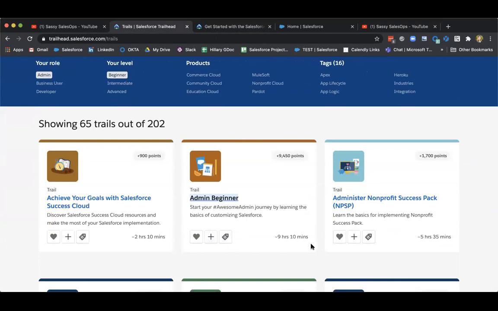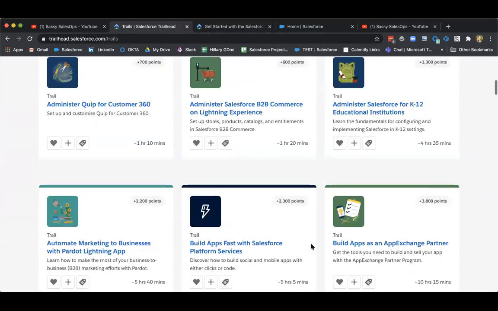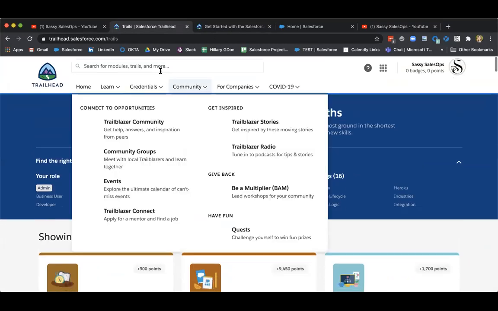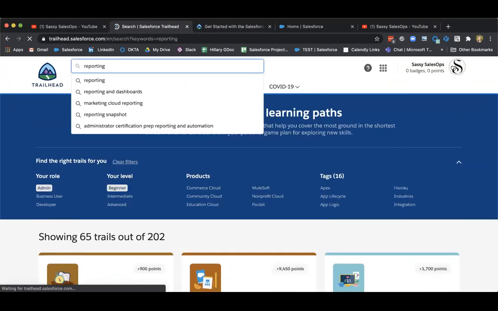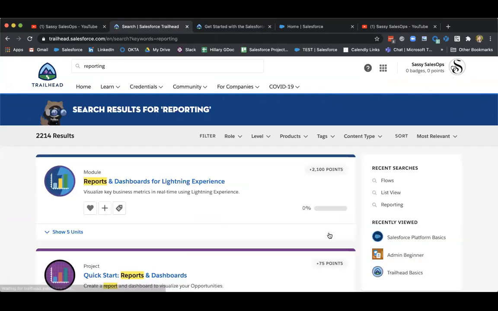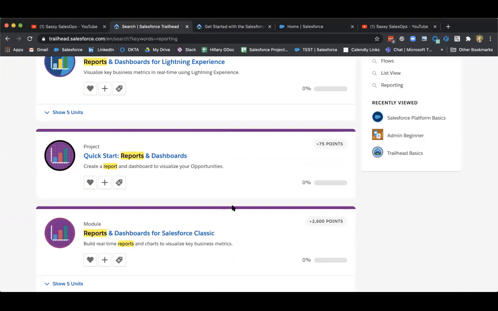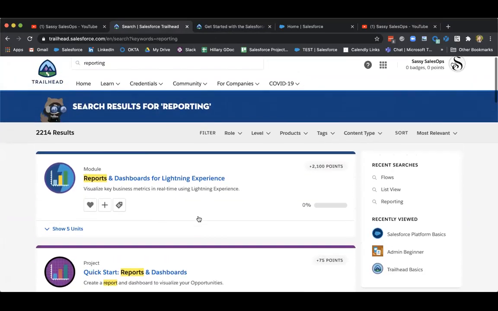So you can do admin, beginner, different ways to use this platform, or you can just type things in. If you want to look for reporting trails, you can go with that, and it does talk about how to get through Lightning as well, which is great.